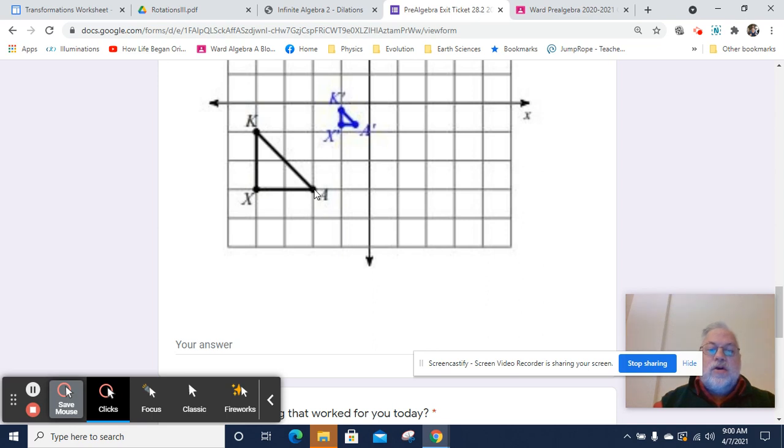So let's take a look at this one. What would a 1/4 dilation do to a point at -2, -3? So -3 should end up at -3/4, lined up with the x, and -2 should end up at -1/2. That does look like -1/2, -3/4. So I think we can reasonably say dilation by a factor of 1/4 in reference to a center of dilation